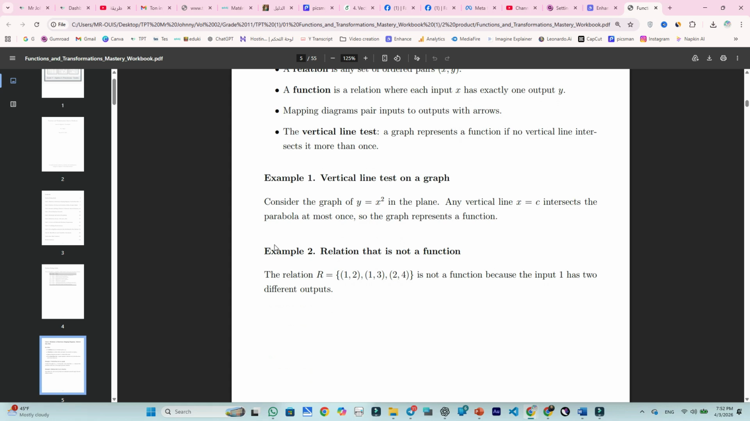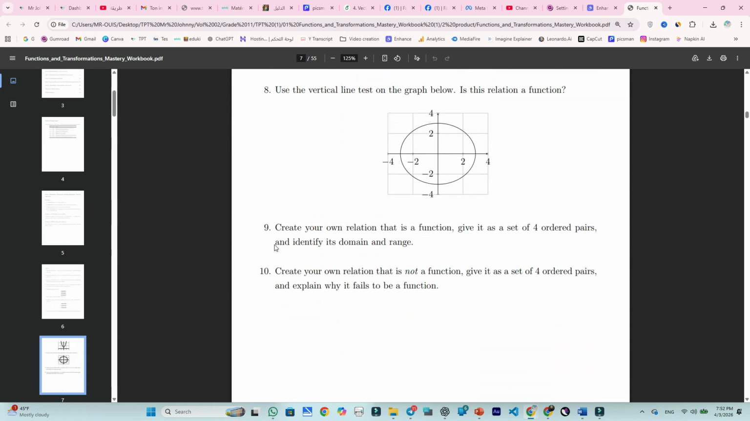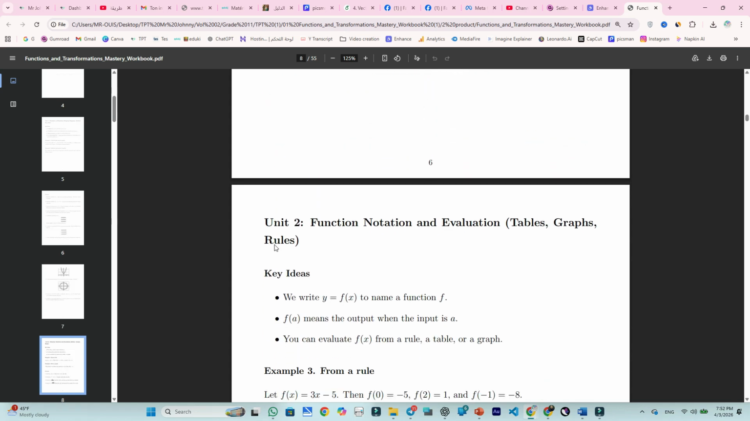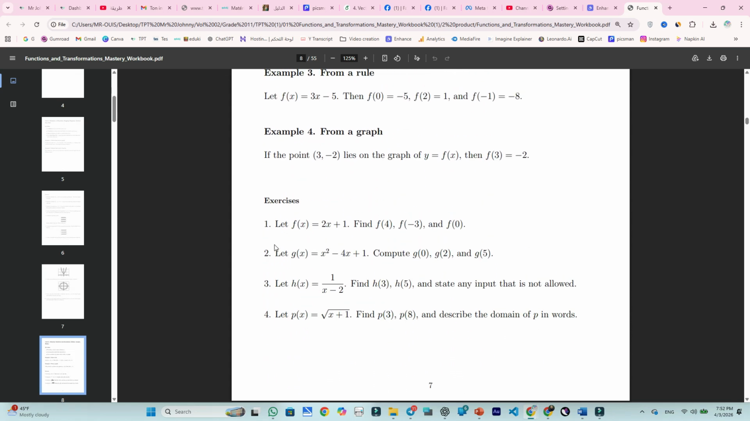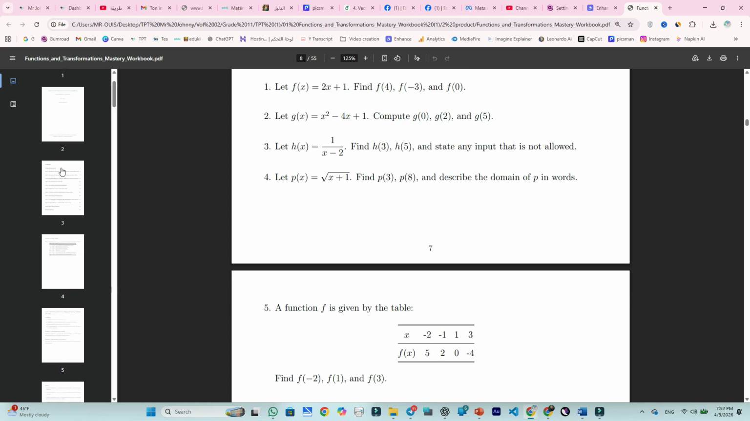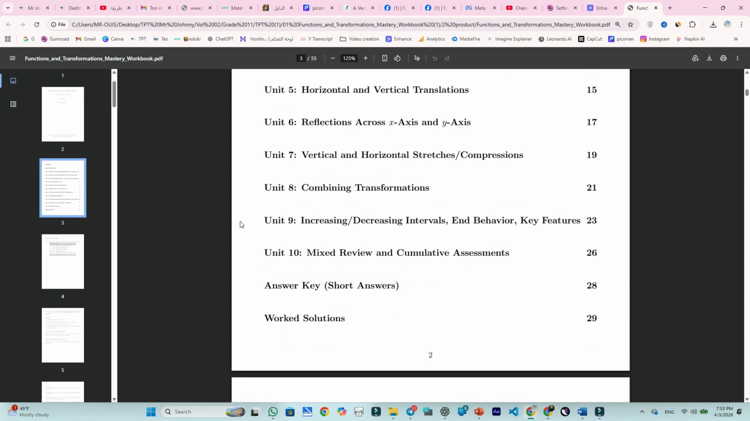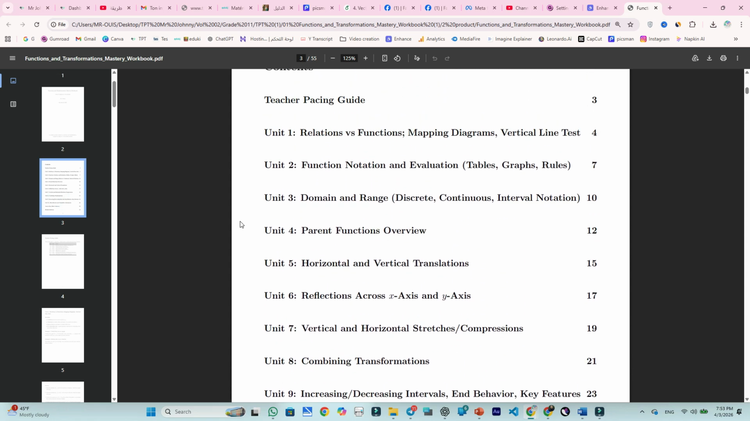It includes a 21-day teacher pacing guide to help you plan your unit with ease. From mapping diagrams and the vertical line test to complex stretches, compressions, and end behavior, we've covered it all. Every unit is built on clear, key ideas and scaffolded examples to move students from basic recognition to advanced graphing